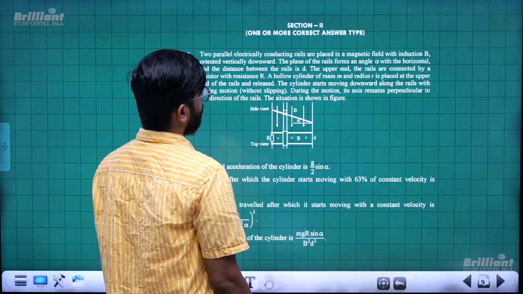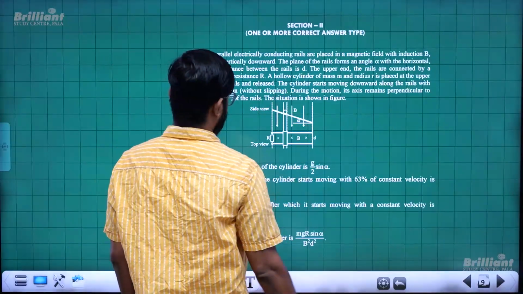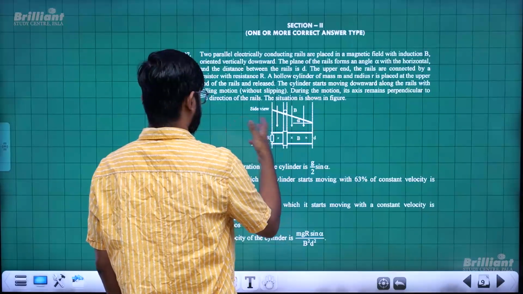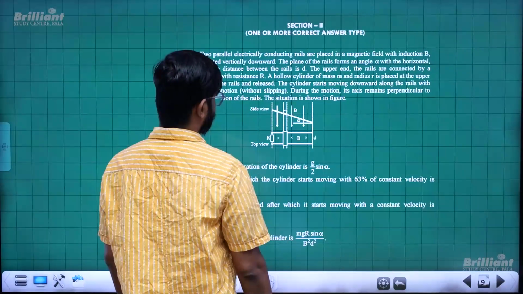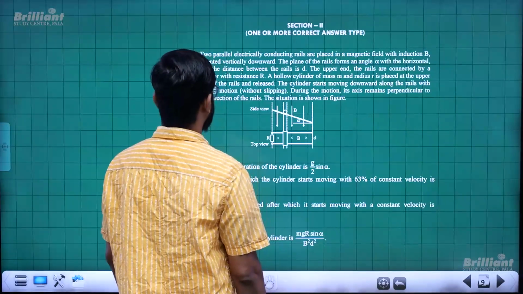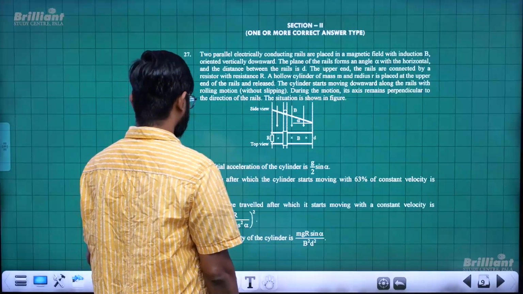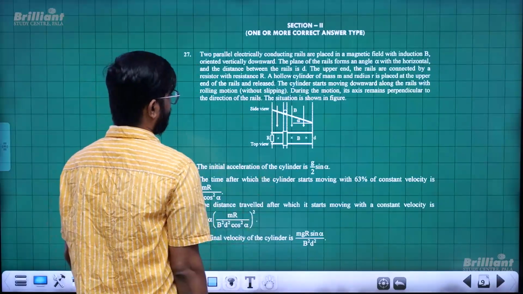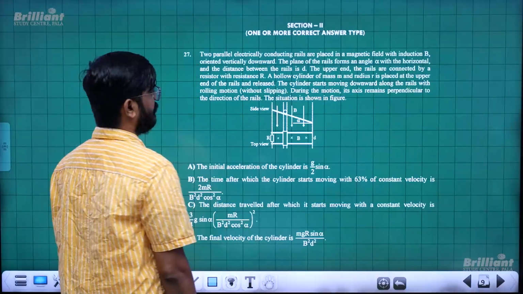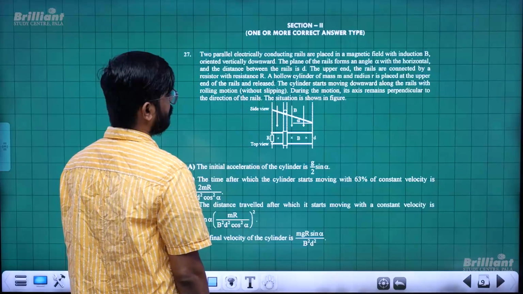A hollow cylinder of mass m and radius is placed at the end of the rails and released. The cylinder starts moving downwards with rolling motion, that is without slipping. During the motion, its axis remains perpendicular to the direction of the rails in the situation shown. The initial acceleration: at the initial moment velocity was 0, angular velocity was 0, so there won't be motional